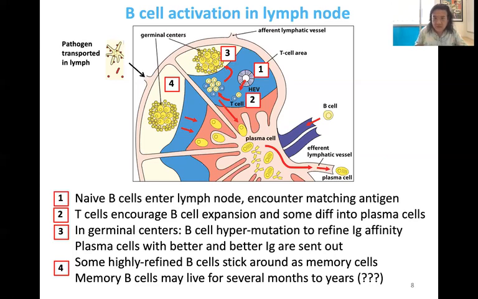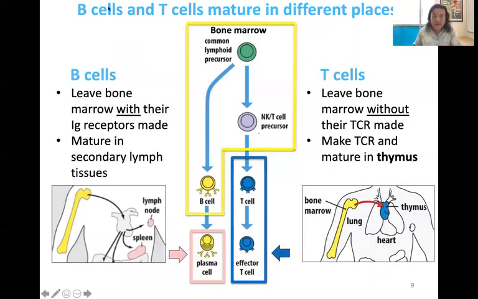And that's something that we didn't really appreciate before, but just in the last half year or so, there's been some new findings that suggest that we have long-term memory plasma cells that stick around. Okay, so that kind of wraps up our discussion about the B cells and how they mature, undergo tolerance training,